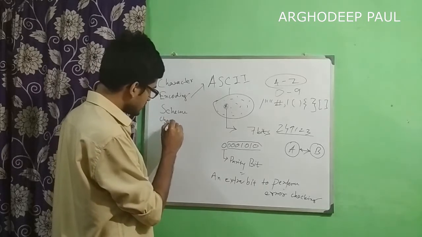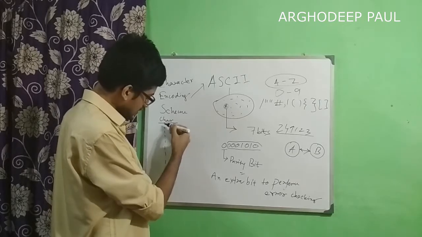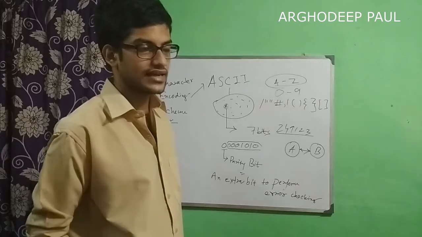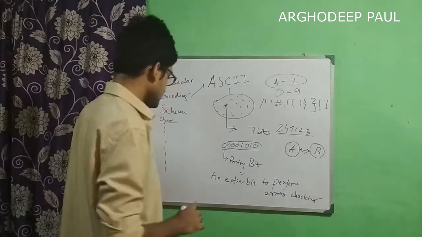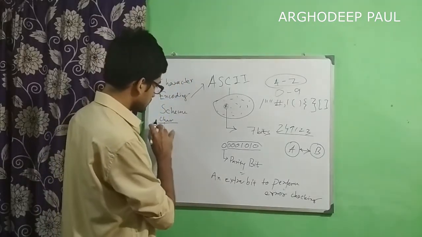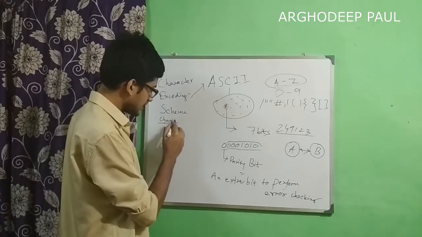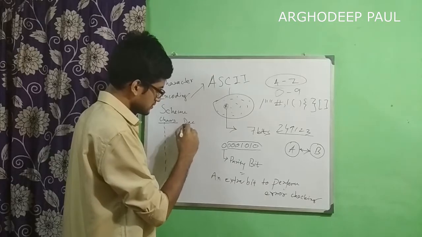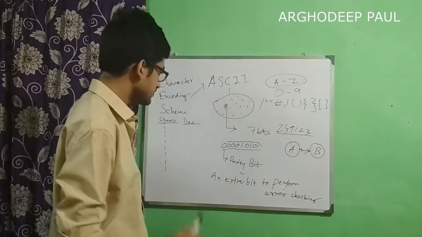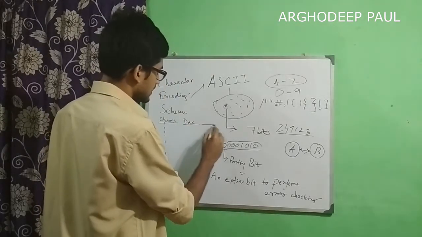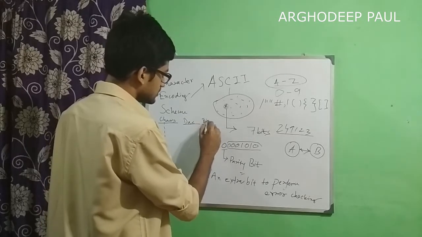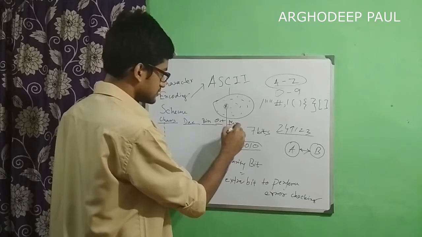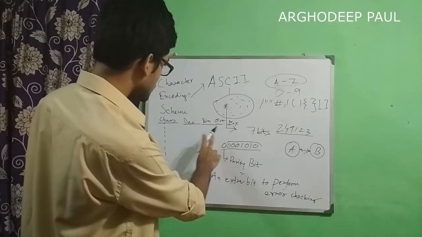On the top, it will be character. You will have all those characters. How many characters are there in the ASCII pool or ASCII character set? I will be saying that. Now we have character, chars, and the corresponding decimal value. We can also have binary, octal, and hex. So these are tables. The table works like this.